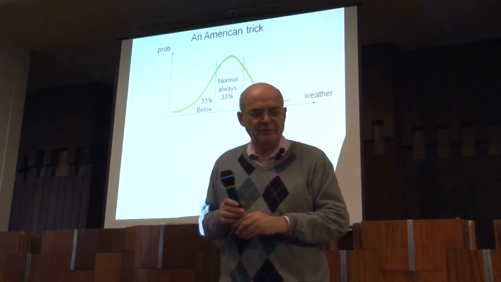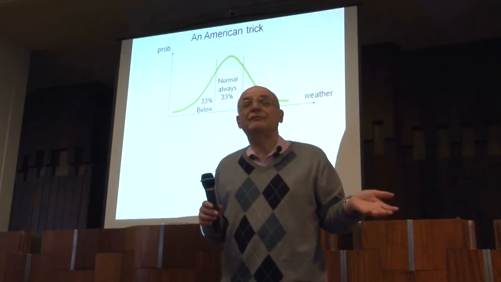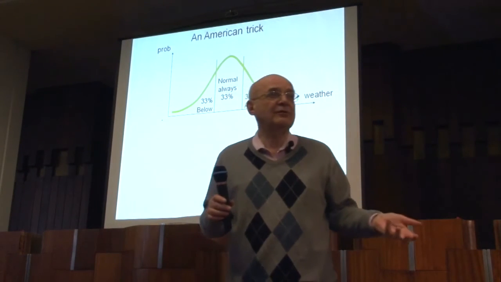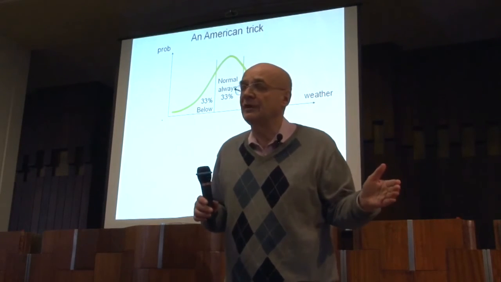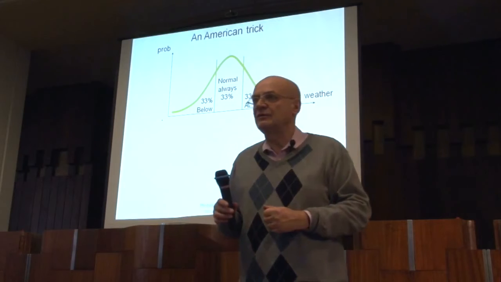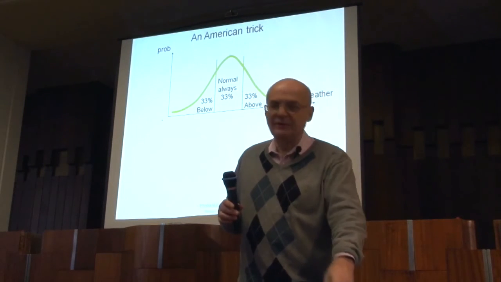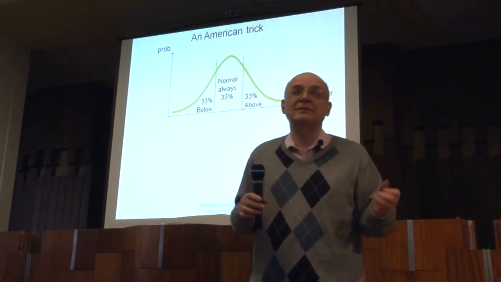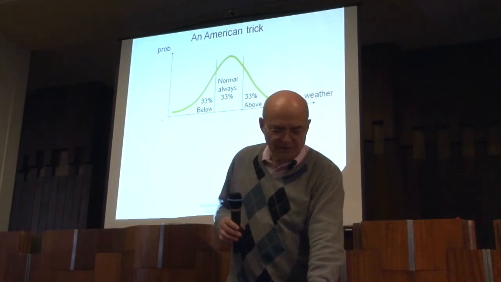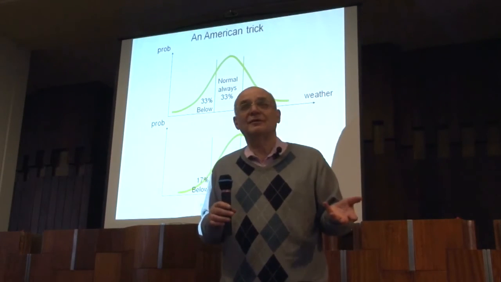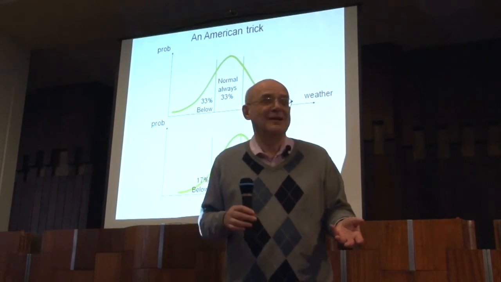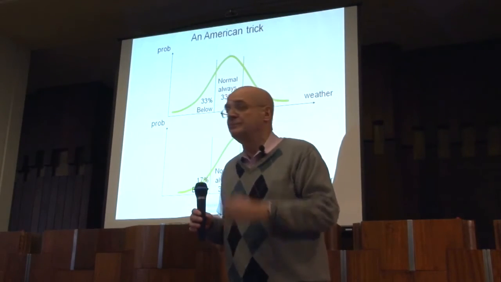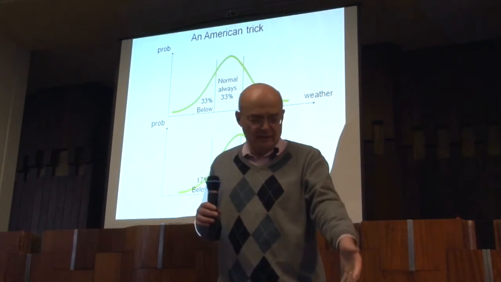And I also recently read an American trick from the 50s when they made seasonal forecasts. So here you have a bell curve of something, for example, temperature, and you divide that into 3 equal parts, as the Americans did with the temperature for monthly or seasonal forecasting. And the normal part is always 33%. This might be slightly violating some mathematical laws, but I think within the limits of usefulness. Because when they then issue a forecast, the normal class is always 33%. And then if you expect a warmer than normal, then what you issue is a 67, in this case,